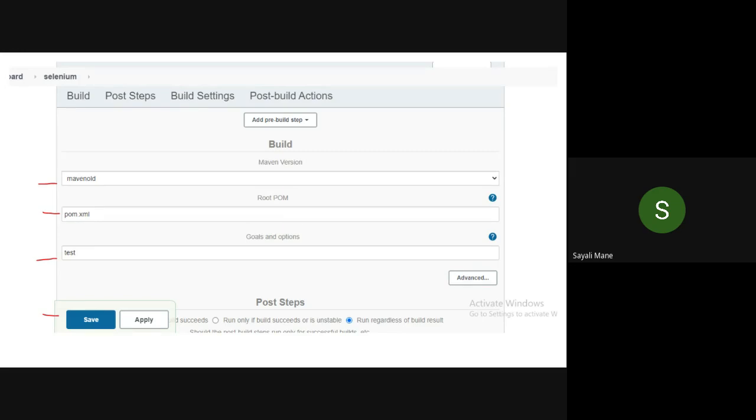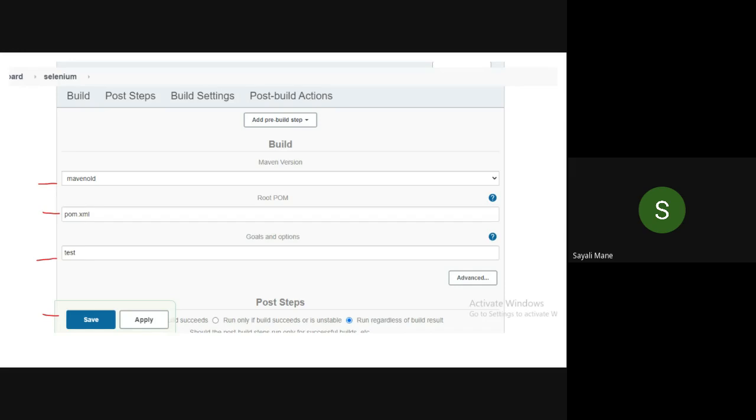And do let me know the output of it. Yes, Shubham, it's okay if Maven version is not coming.